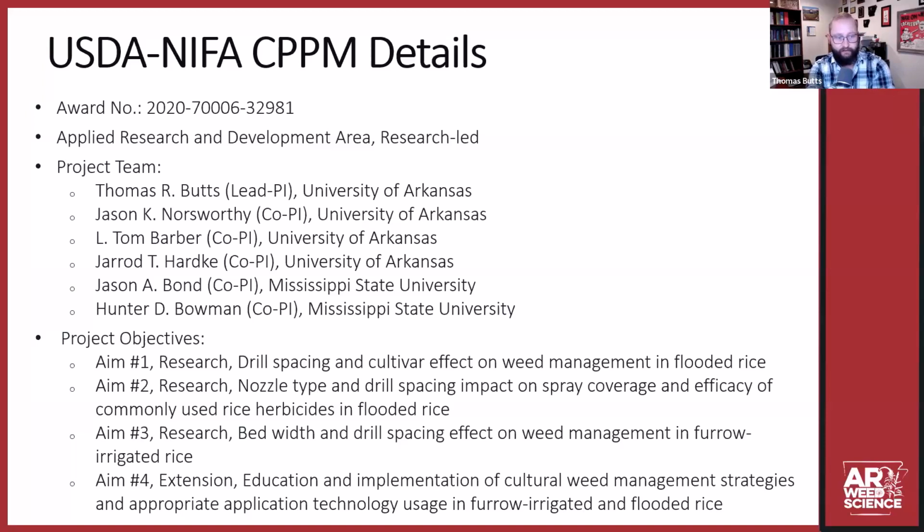There were 6 of us PIs on the project. I was the lead PI, along with Jason Norsworthy, Tom Barber, and Jared Hartkey from here at the University of Arkansas, and then also Jason Bond and Hunter Bowman over at Mississippi State University. We had several different objectives, which I'm going to hit on each one today. 3 of them were research-based, and then 1 was more extension outreach focused. So those are the things that the grant was based on, and what I'm going to be talking about today